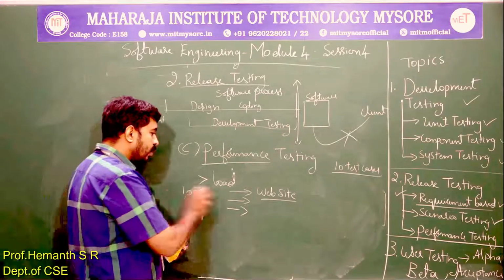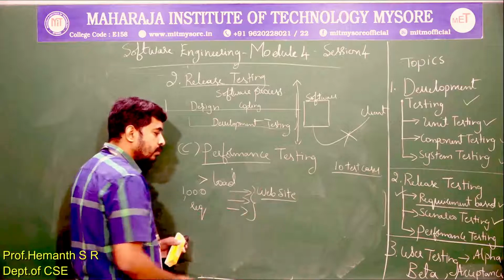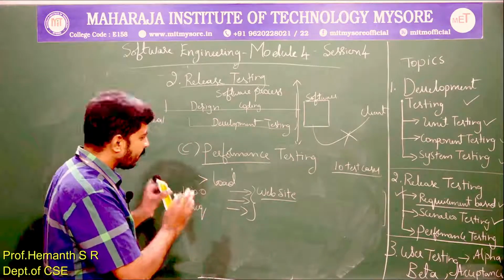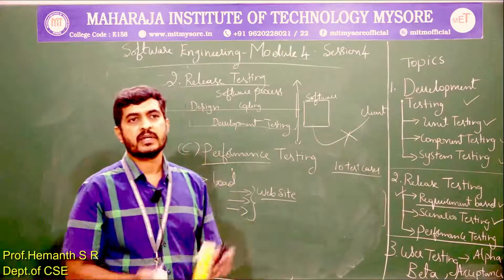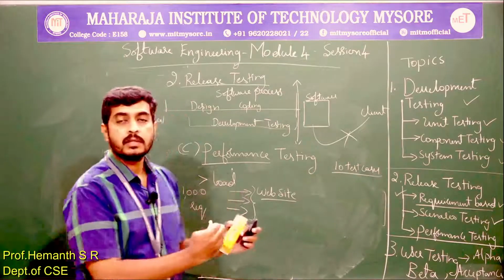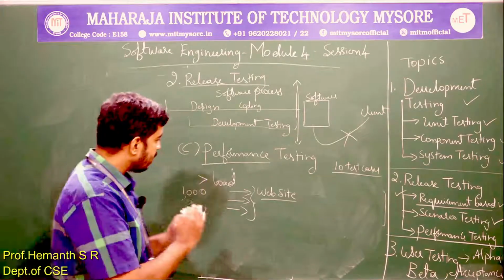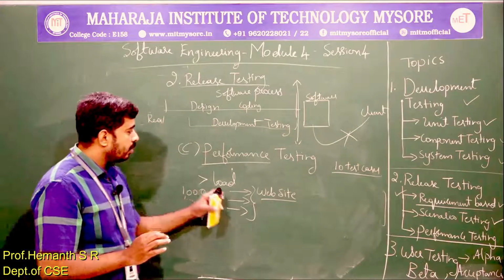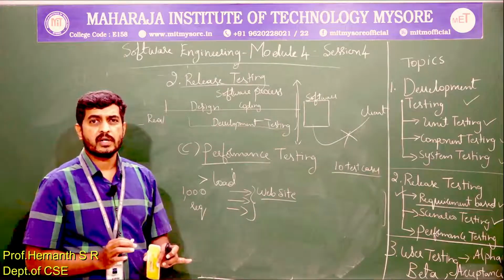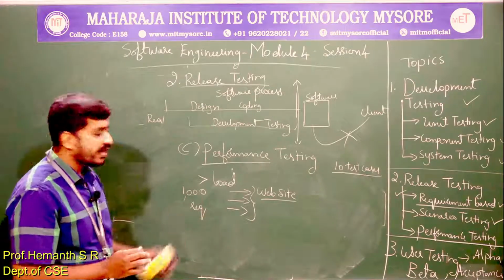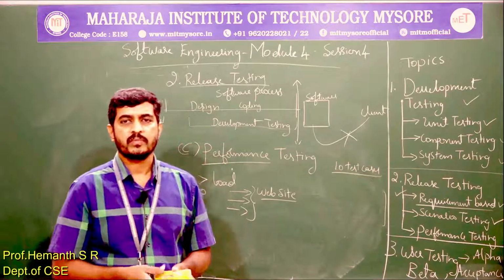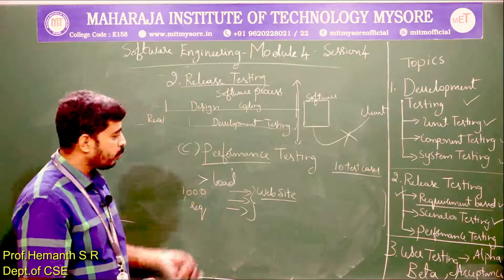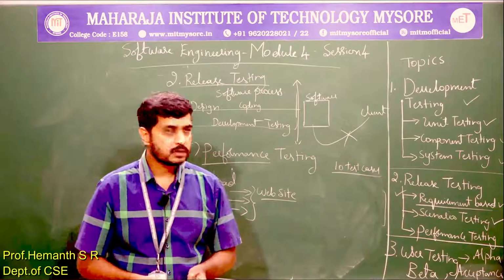Now we will load the website to the maximum limit, and we will see what the behavior of the software is. When the website is experiencing the maximum load, is it behaving as per the expectation, or is it degrading? Is it failing? So all these things are tested. Okay, so we check the software at the limits, at the boundary region. So we call it load or stress testing, the details of which will be explored in a different session. So we try to see at what point the software may collapse.